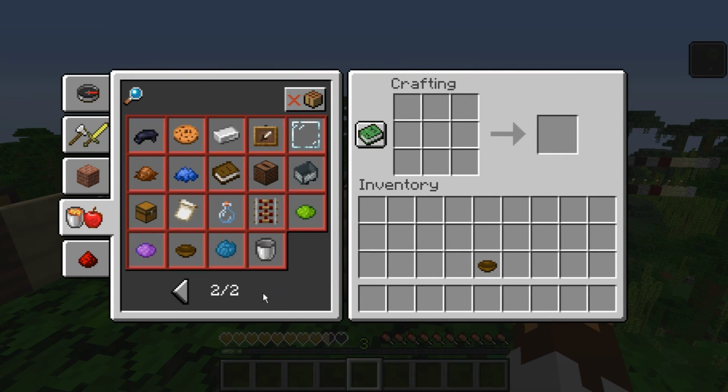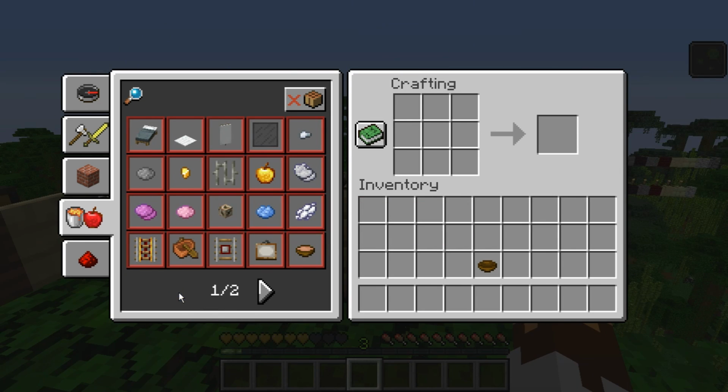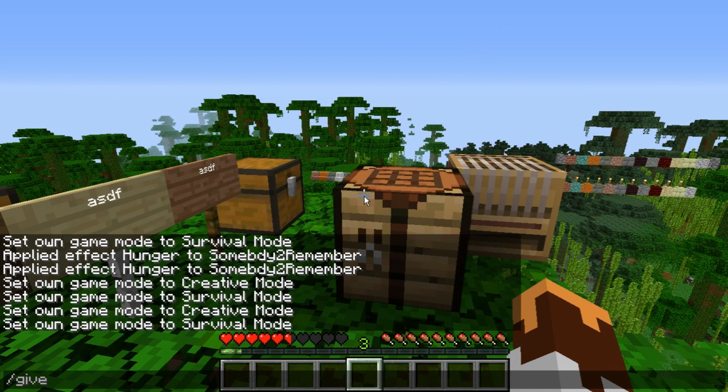Under foodstuff, I just don't see the option for it personally. So there's mushroom stew and other things, but I do not know how to craft the suspicious stew. Also, another thing that is worth knowing, if you go into the